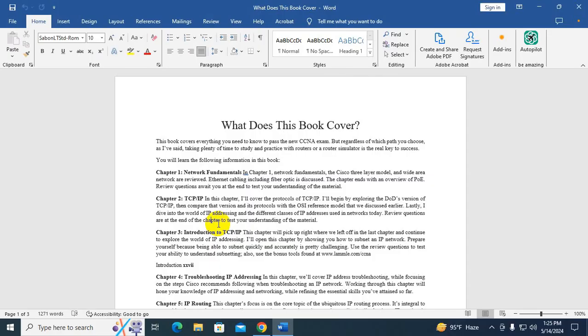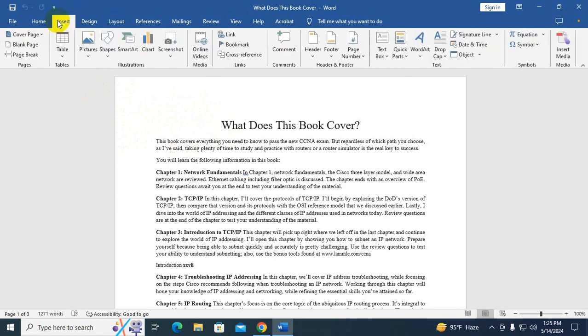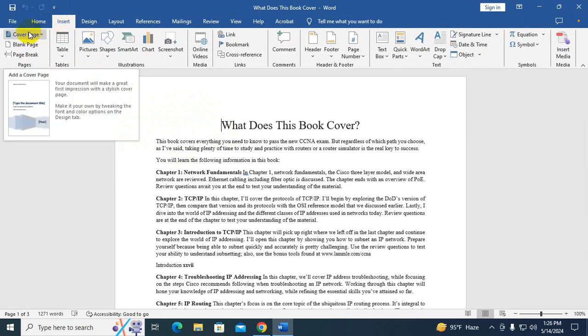To make a cover page on your Microsoft Word document, open your document and place your cursor on the upper left corner of the first line. Now go to the Insert tab on the upper left corner, and here on the left side you will find Cover Page. Click on Cover Page